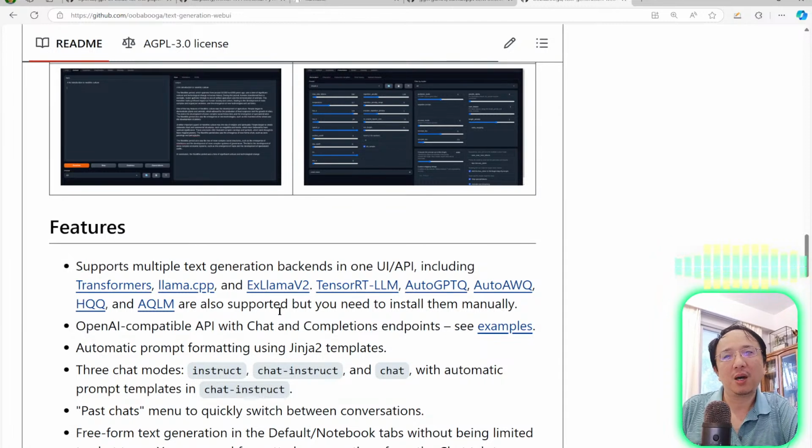And I think the ecosystem is growing bigger and bigger for large language models. So even if you just stick with one backend like llama.cpp, just like Ollama, or maybe just stick with Transformers, you still get enough models, pretty much every model we wish